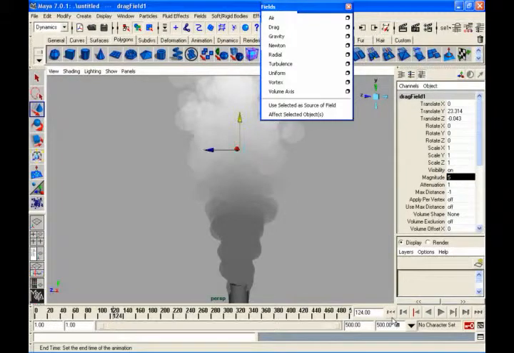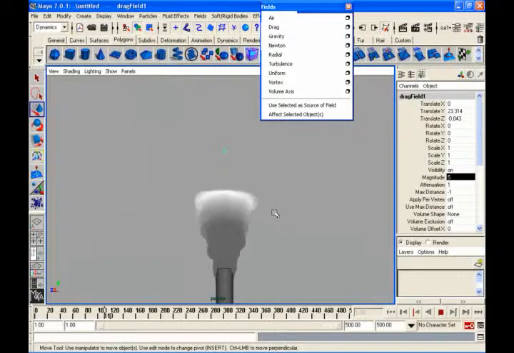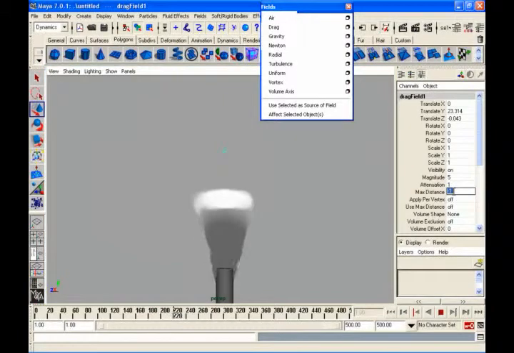So max distance is the problem. Now it is at -1, which means what? Infinite. Just go for 2. So it will just influence near 2 whenever it comes near to that. And magnitude also you decrease very little, 2 or something you do. So smoke will come up to there and slow down. See? So drag will just stop the action there only.